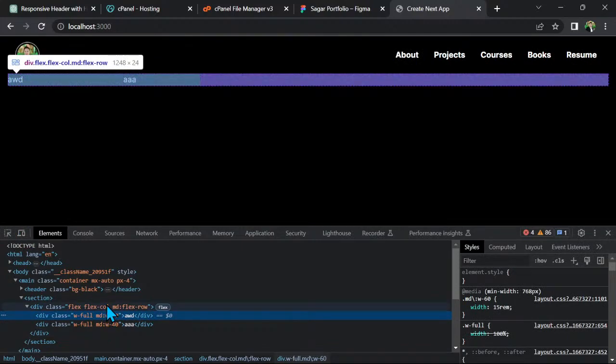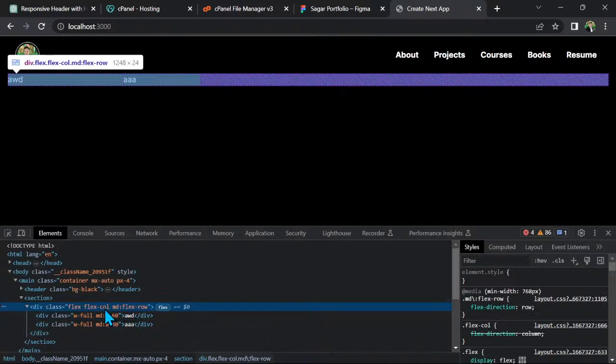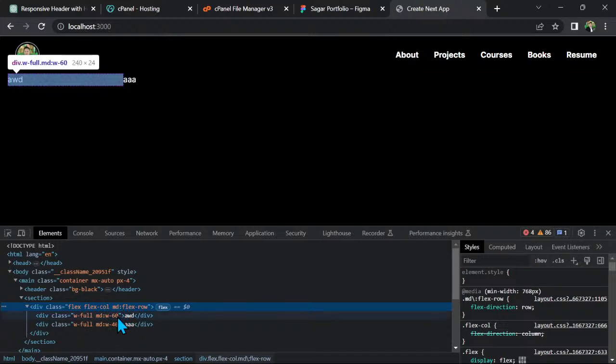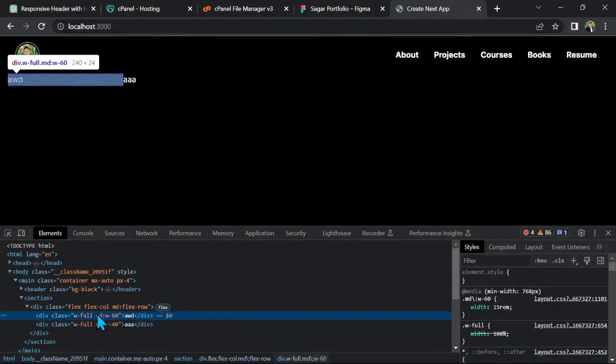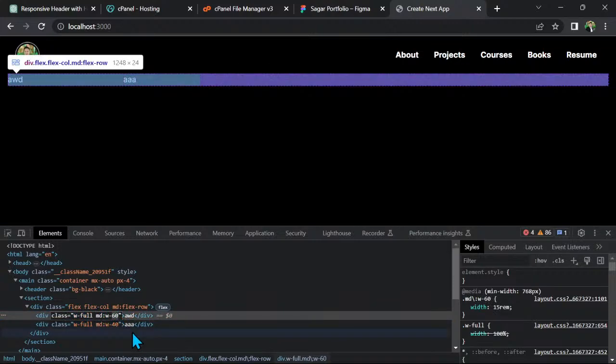For desktop, what happened? Okay, so flex flex-col. Why? And my MD flex row, that is fine. Okay, width is 60, 40. No, see, here we need for MD, width should be, let's say,